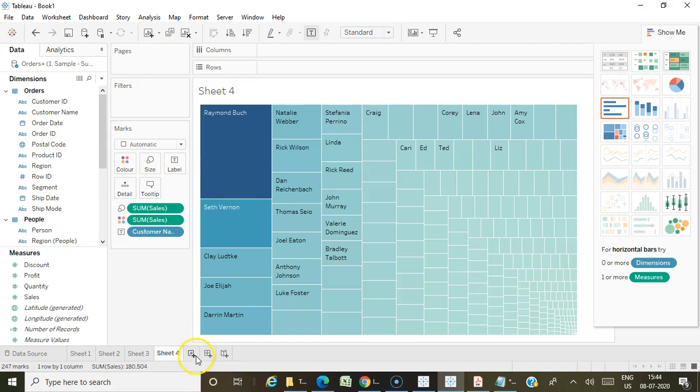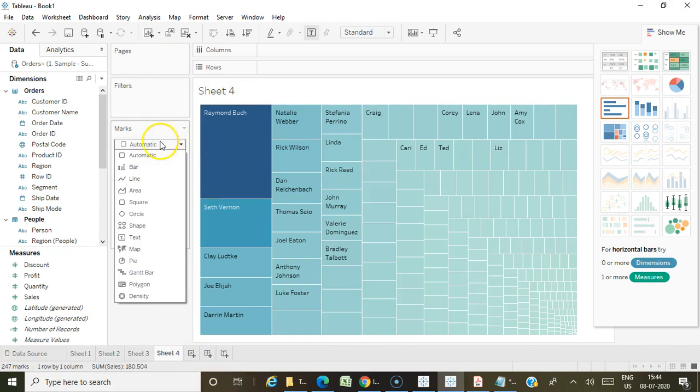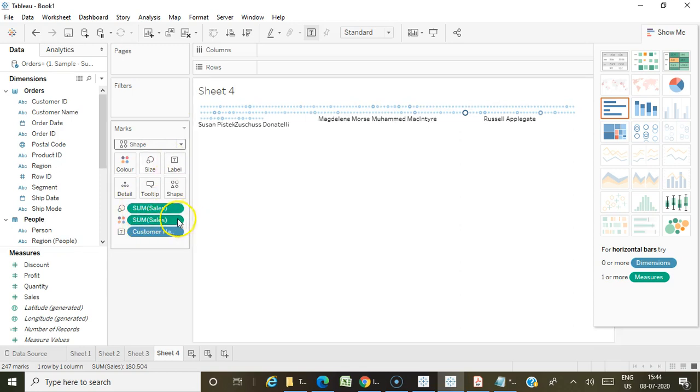And also one more question: here we have something called shapes. For what all graphs can you use this shape? They may give you a few graphs and ask whether you can use shapes for this graph or not. That type of question will be coming in your certification, so you have to be clear with each and every option.